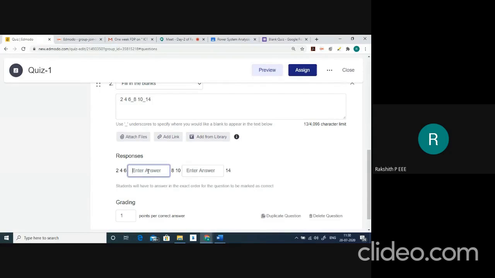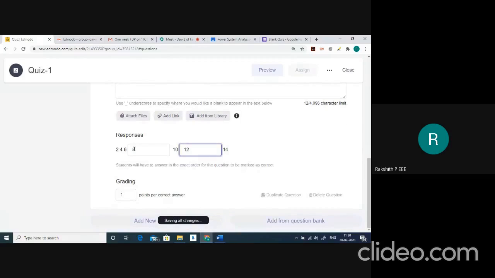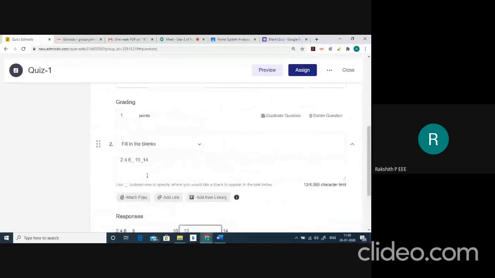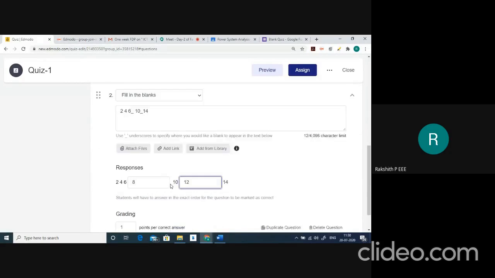So answers are, this is not 8, answer should be 8 here. And here it is 12. So this is how you can create a fill in the blanks. That is, you need to use underscores to specify where you would like to give a blank, which will appear as text to your students.